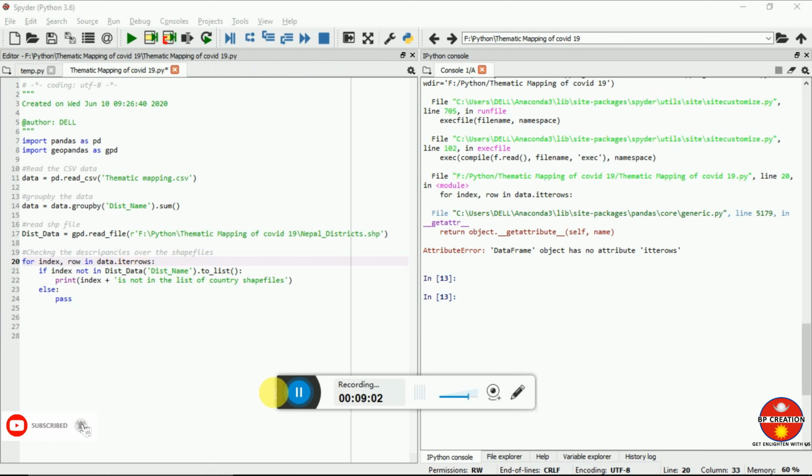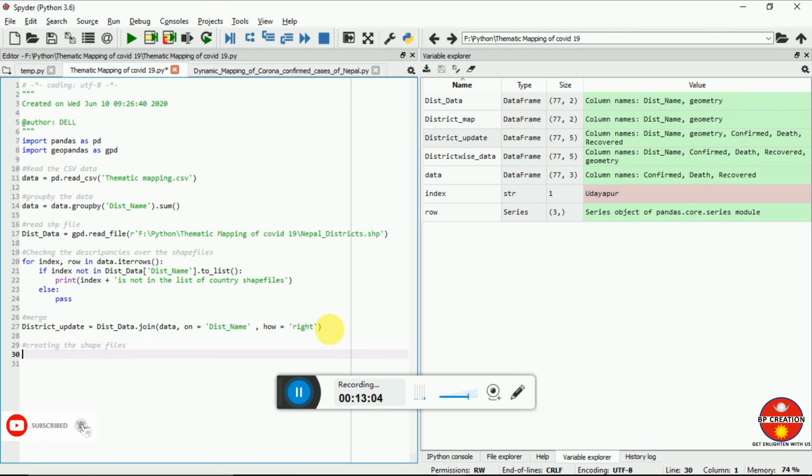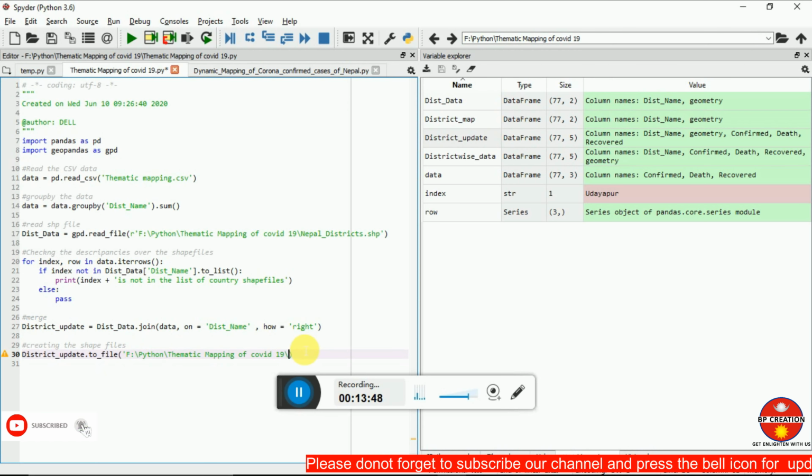Now I'm going to change it into a shapefile, creating the shapefile. Now we can simply copy this text with Ctrl C and Ctrl V, .to_file. You can provide the path where we are going to save your file, and I am providing it by copying the path of our working folder. You can see our working folder. So over here I am pasting it and giving a name,